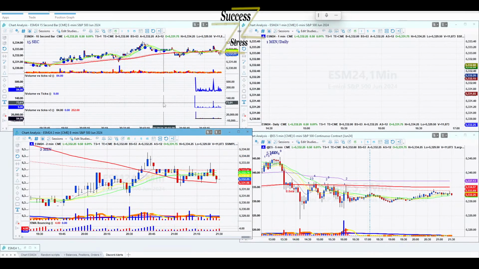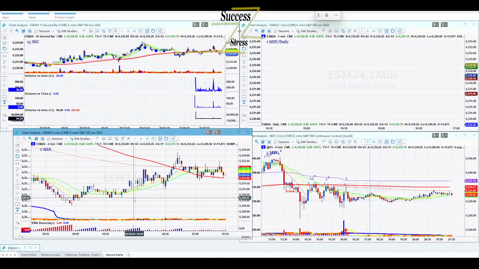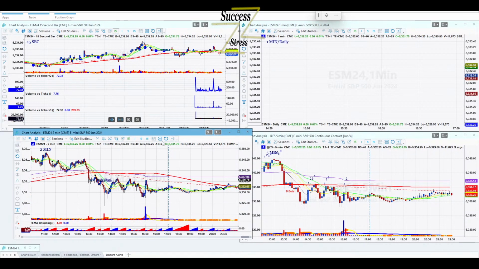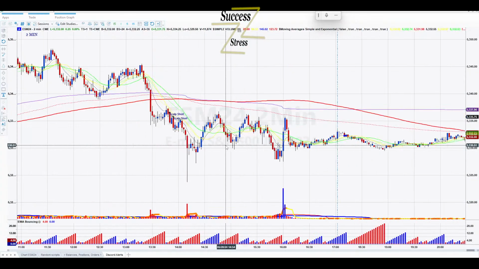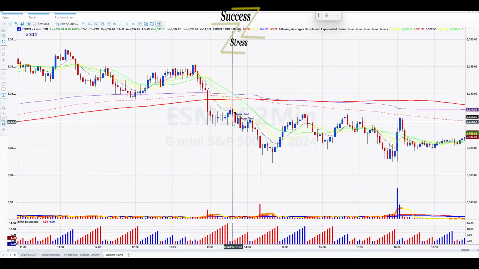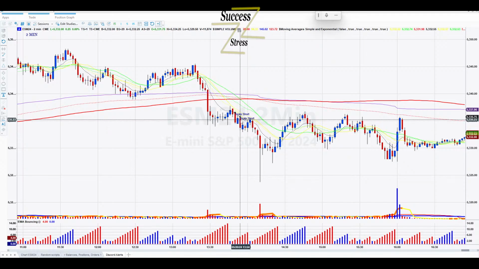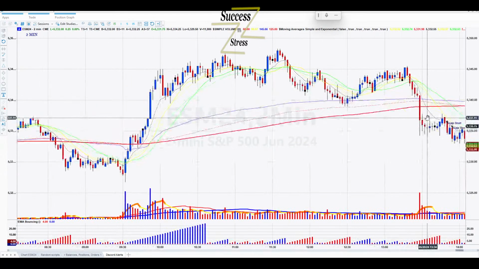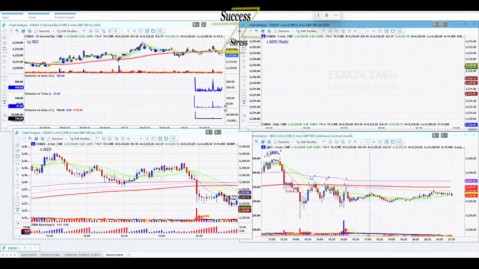I haven't even looked at it all day. Been gone. On the 2-minute time frame, gave us a couple of scalping signals. Scalp short here and then here. But man, that would have been good if you had got in on those scalp shorts. Took that ride down. That was good. That's all we got on the 2-minute time frame.